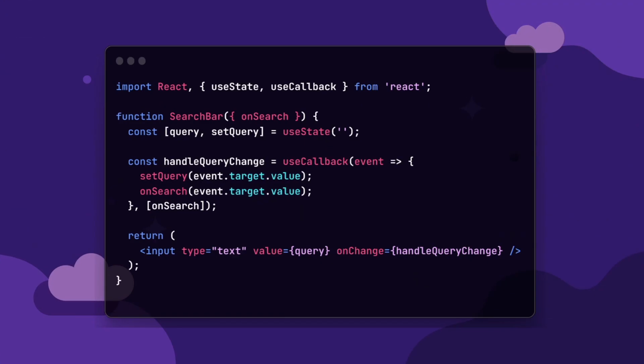The useCallback hook allows you to memoize a function so that it's only recreated when its dependencies change. This can help improve performance by preventing unnecessary re-renders. In this example, we define a search bar component that takes an onSearch prop function. We use the useCallback hook to memoize the handle query change function so that it's only recreated when the onSearch